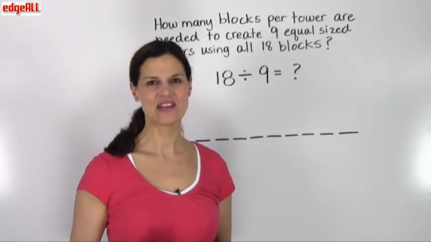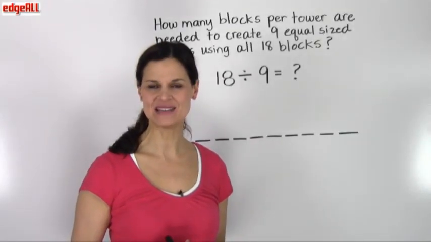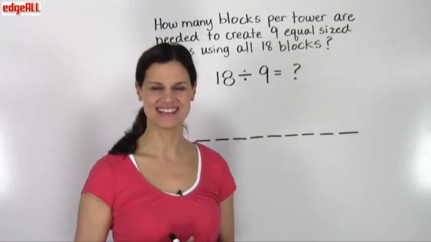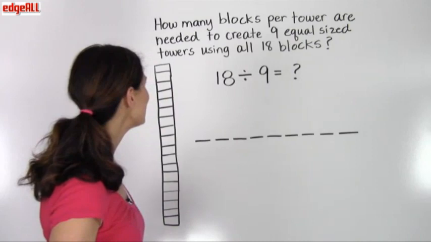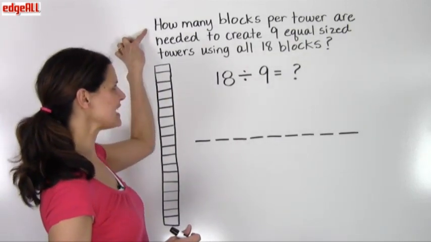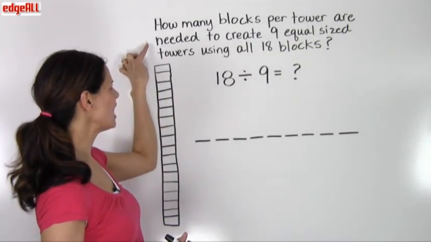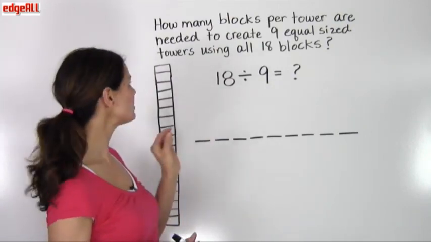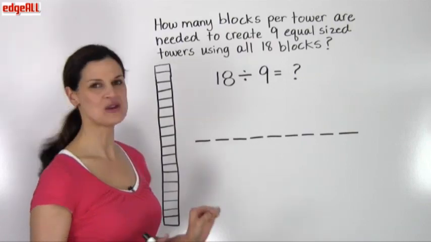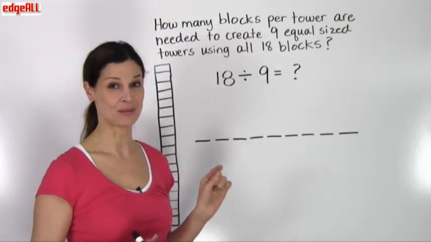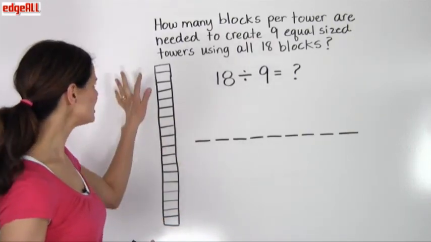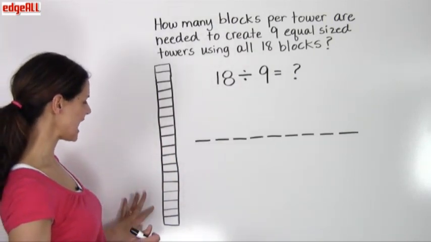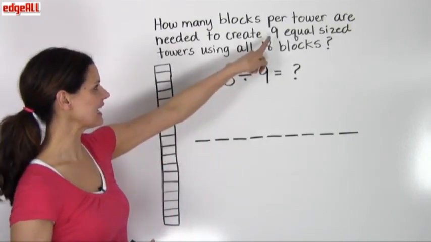Now let's take another look at our 18 block tower problem, but we're going to ask a different question. In this case, I've got the question: how many blocks per tower are needed to create 9 equal-sized towers using all 18 of our blocks? What we need to do in this problem is divide our 18 block tower into 9